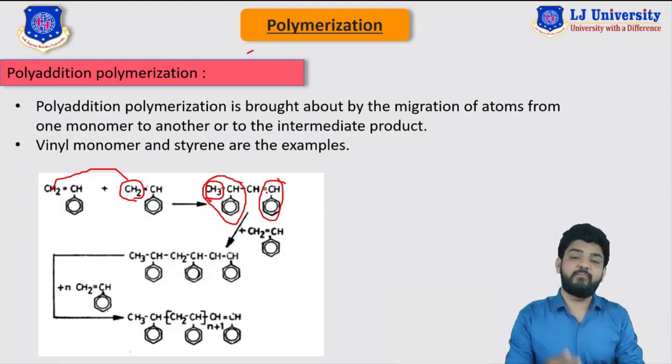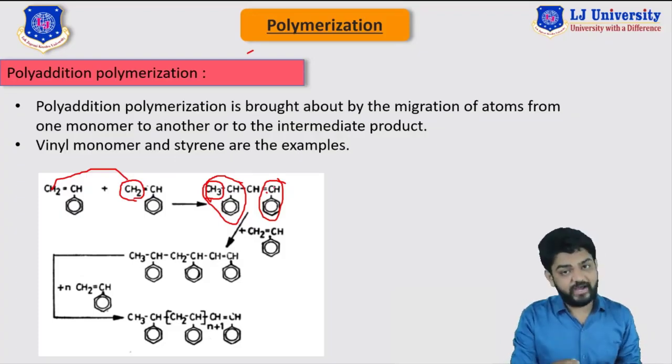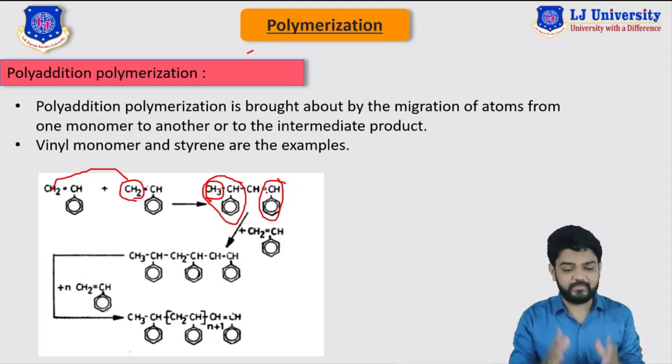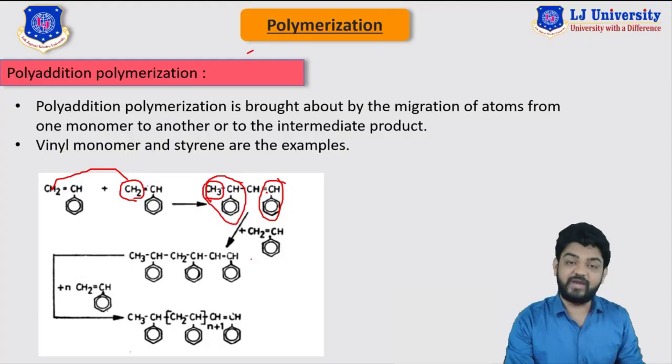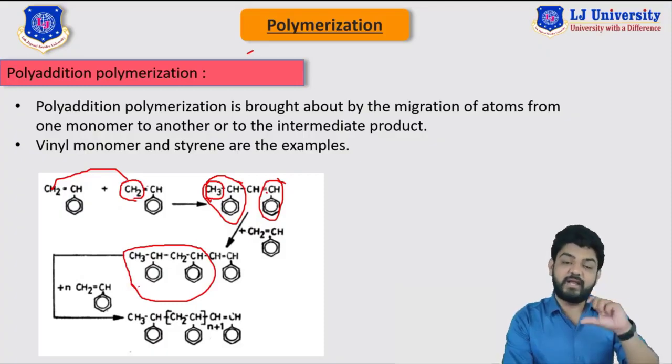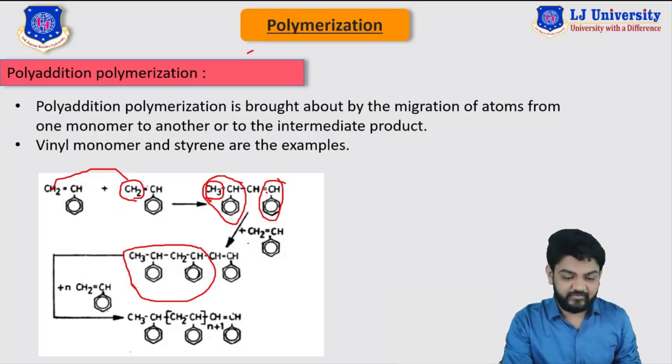Now if we supply more styrene, then more migration of hydrogen will take place, and this reaction will continue to follow, and we will ultimately have a long chain of the polymer, right? You can see here now we are supplying one more styrene compound. So you can see here this was our initial compound, right? This much was our initial compound, and if we supply more styrene to it, that we are doing here, we are adding more styrene. So what will happen is this hydrogen from styrene, this particular hydrogen from styrene will move